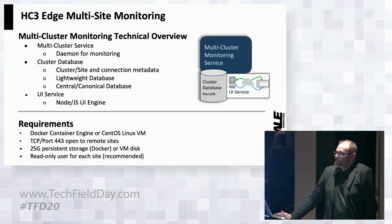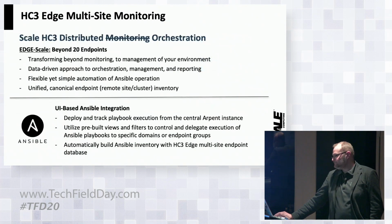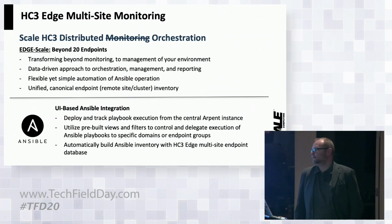And again, to provide this platform, just at a high level, this can run as a Docker container. It's very lightweight. It's got a small database, and the persistent storage for that is really going to be your biggest challenge. But at this point, 10 gigs would probably be enough for a while. Or it can just run as a VM. But it's very lightweight. And in spite of that, we were able to integrate